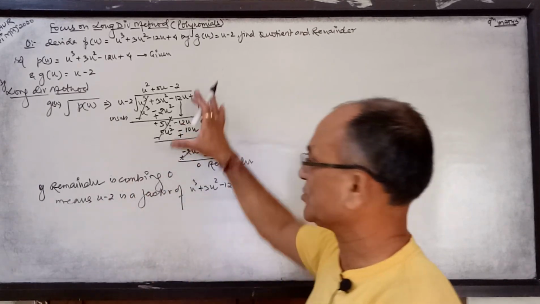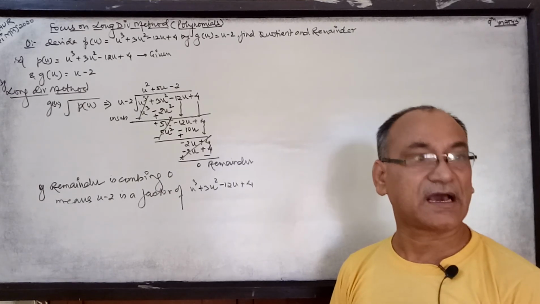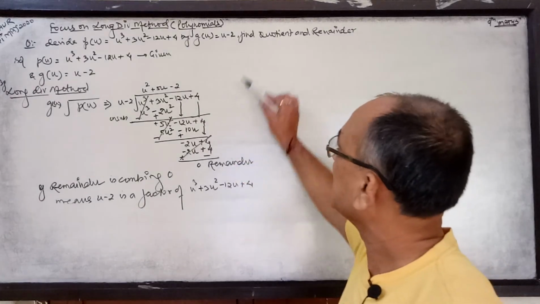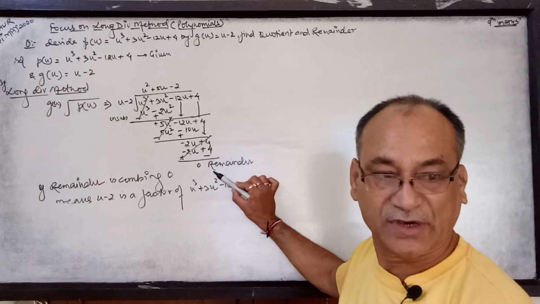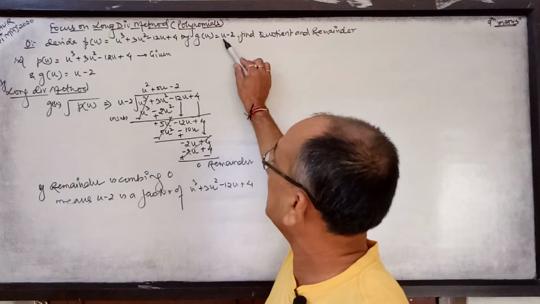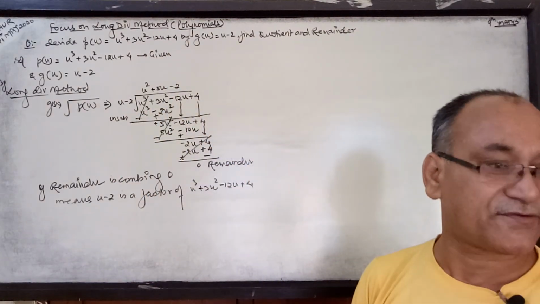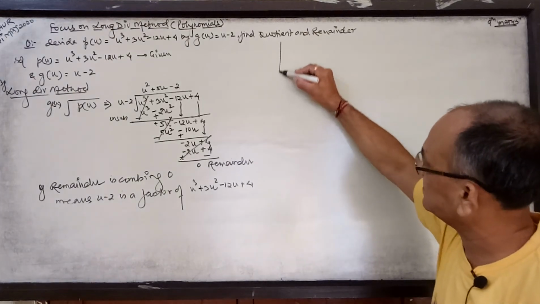यह मतलब इस क्वेश्चन का बनता है. लास्ट में अगर somebody will ask you कि आपको क्या मिला, तो क्वेश्चन में उसने रिमाइंडर बोला था, तो रिमाइंडर अगर आपका 0 आ रहा है, इसी में मैं समझाना चाह रहा हूँ, तो अगर रिमाइंडर आपका 0 आ जाता है, इसका मतलब इससे आप इसको डिवाइड कर रहे हैं, तो ये इसका एक फैक्टर हो गया। इज इट क्लियर सर? प्लीज डू इट सर।